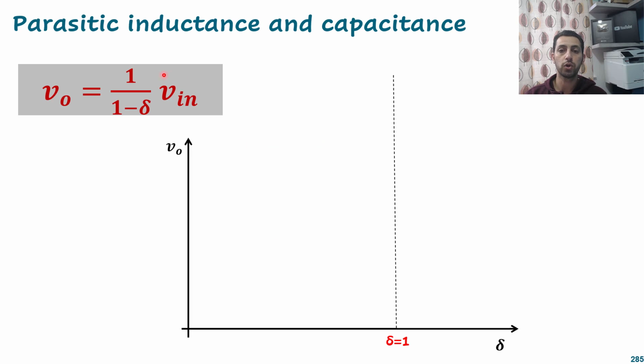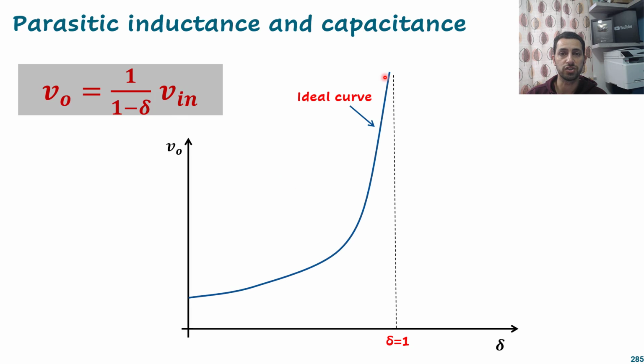Now we have something called parasitic inductance and capacitance, and their impact on the boost converter. We have these parasitics, I mean the inductance and capacitance, and also the resistance appearing in the other components like inductors and capacitors. We have this relation, which is V output equals 1 divided by 1 minus delta times V in. And if delta is 1, I will have 1 divided by 0, and 1 divided by 0 means infinity. Theoretically, I should get infinite voltage. And that practically will not happen because of the parasitic inductance and capacitance in the circuit. So it will limit the output value